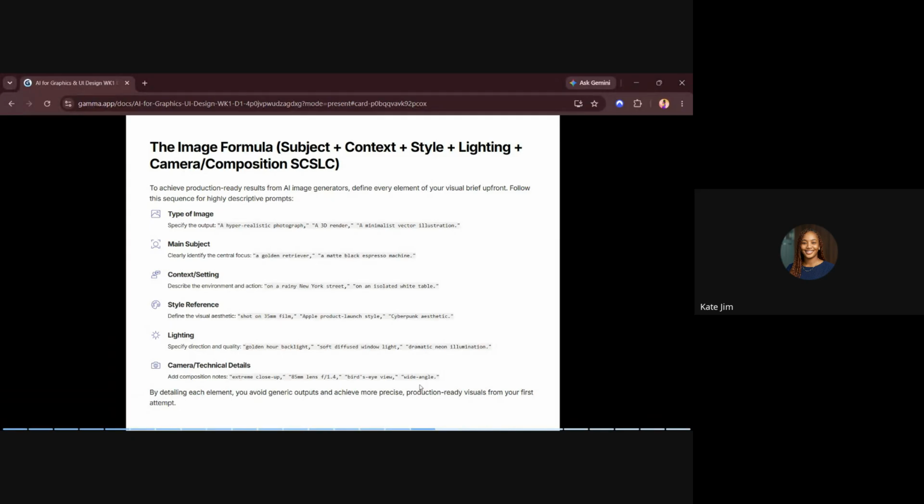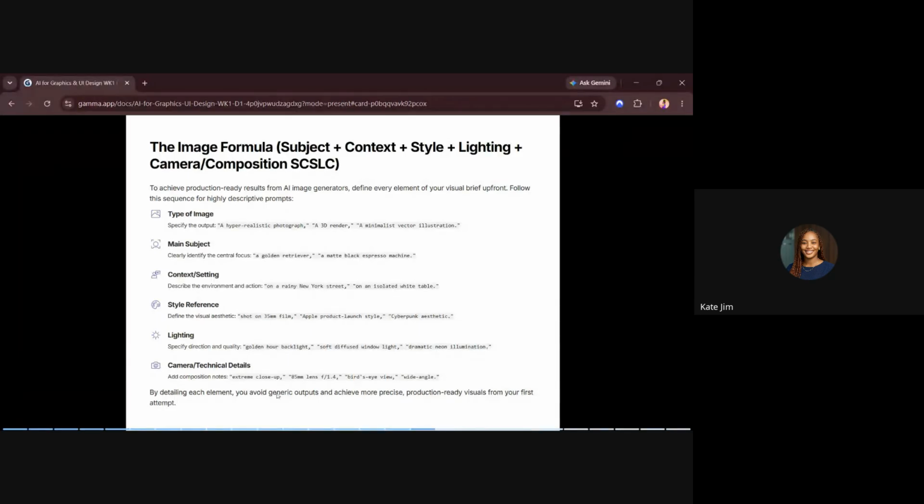If you want to go the extra mile, you check online to see what terms are used by photographers, or what terms are used when creating posters, just so that you know how to describe these things to AI. There's no shame in doing that. You want to get the right thing, you have to do the right thing.